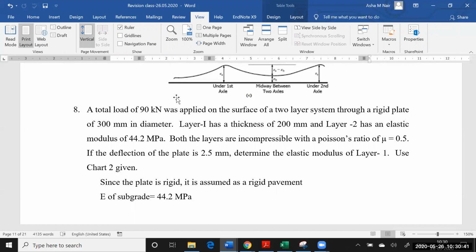In this case, we have to determine the modulus of elasticity of the first layer, and they are conducting the experiment by means of a rigid plate. Whenever the deflection measurements are done using a rigid plate, we have to consider it as a rigid pavement,